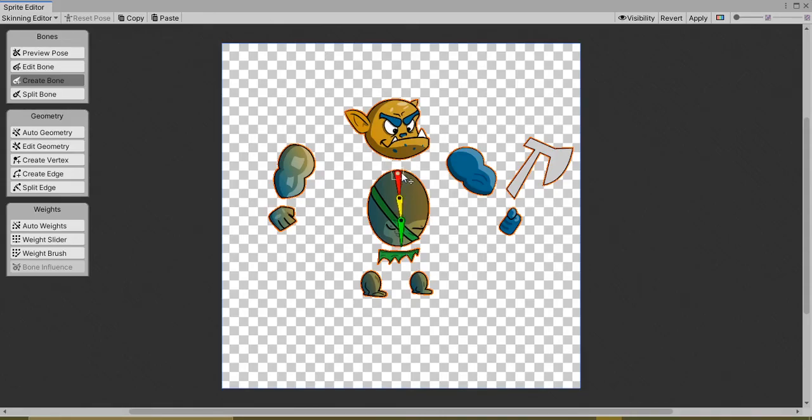Now if you want to make a free bone, click on this box and then go here. And if you want to stop creating, you can see when I click here, it will automatically start creating the next bone. If you want to stop that, right click, and since I want this to be a child of this, I'll click this and then click this. I'll go ahead and rig everything.